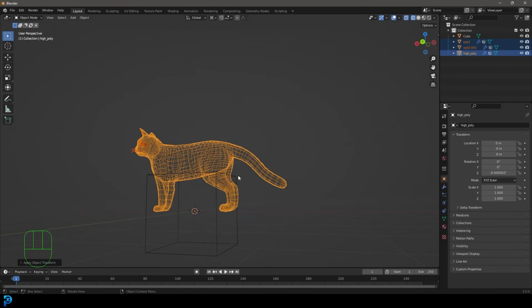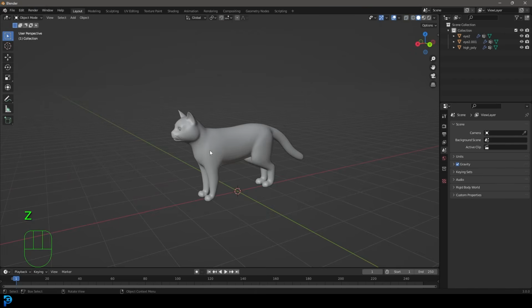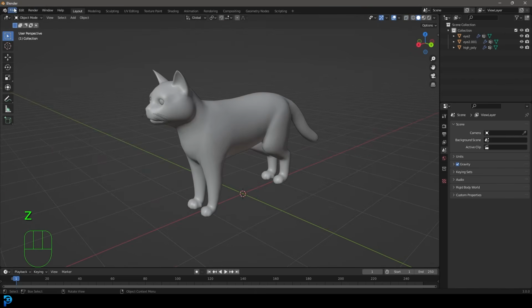So I felt like it's just a little bit too big, and I'm going to select the cube and delete it. At this point, I'm just going to set everything back to median point. To be able to add in a cat, what we need to do is go to